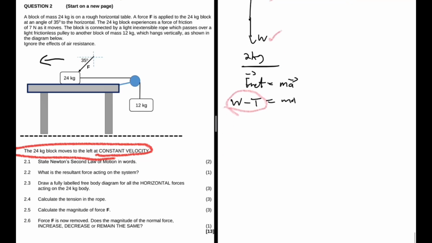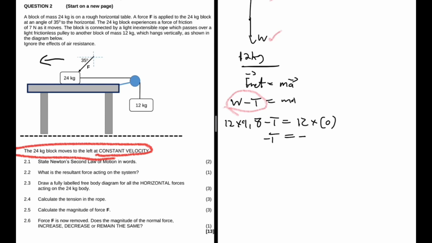So what is the weight? The weight is 12 multiplied by 9.8, minus tension, being equal to 12 multiplied by 0, because we know that it's moving at a constant velocity. So we're going to have minus tension being equal to minus